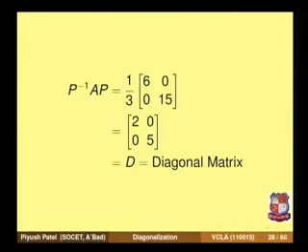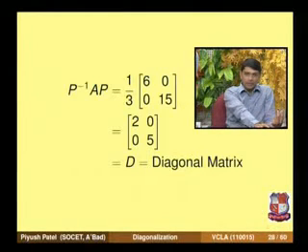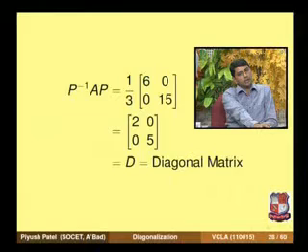The main thing to remember is to find the eigenvalues and eigenvectors. After finding the eigenvectors, count how many linearly independent eigenvectors we have. If we have n linearly independent eigenvectors in total, then the matrix is diagonalizable, and we form the matrix P from the linearly independent eigenvectors, and then by similarity transformation we get the diagonal matrix.